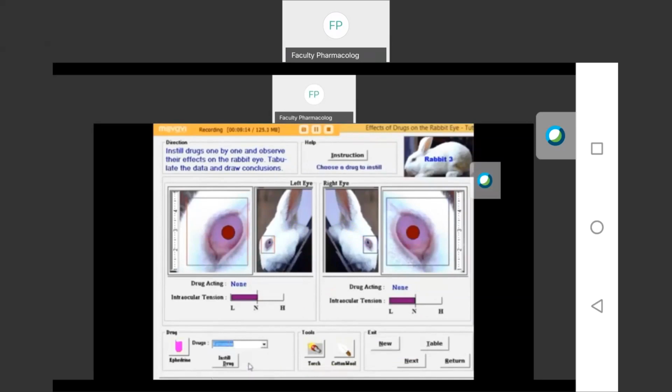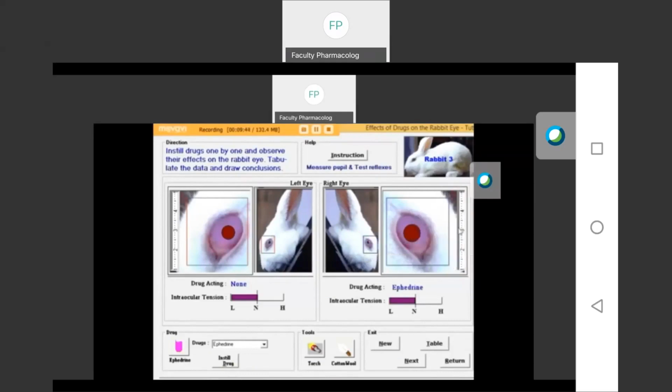So we will note down that the light reflex is absent with atropine. Then select the new drug. Instill the drug on the right eye. You can see the dilatation of the pupil with epinephrine. Then drag the scale and count 1, 2, 3, 4, 5, 6, 7, 8, 8.5.